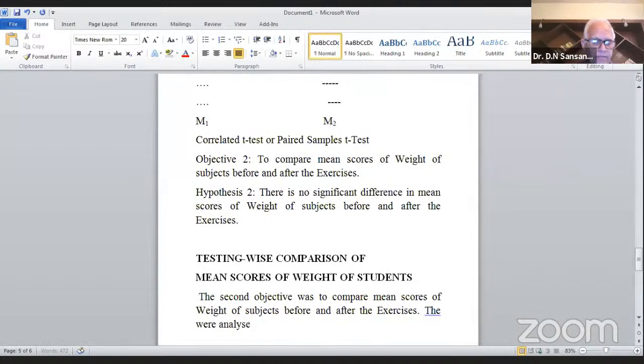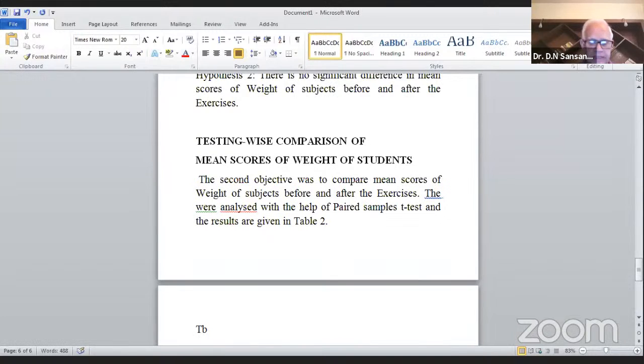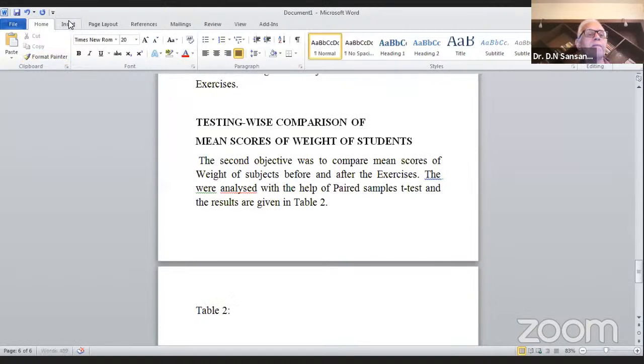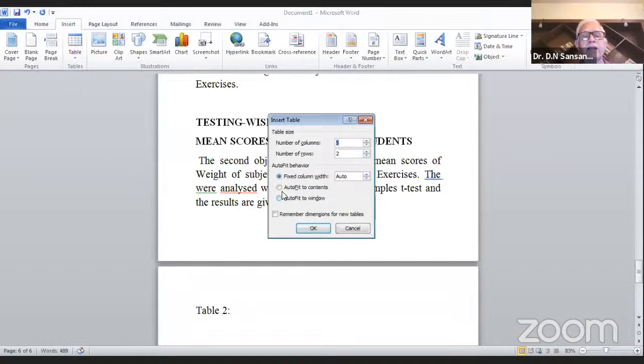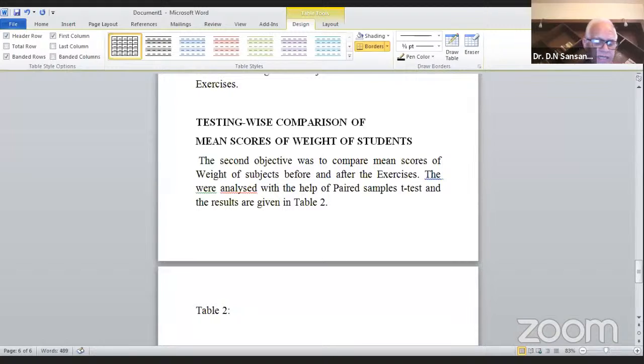were analyzed with the help of paired samples t-test, and the results are given in table 2. So here I say table 2. Okay, and I can insert the table here. Now here I say